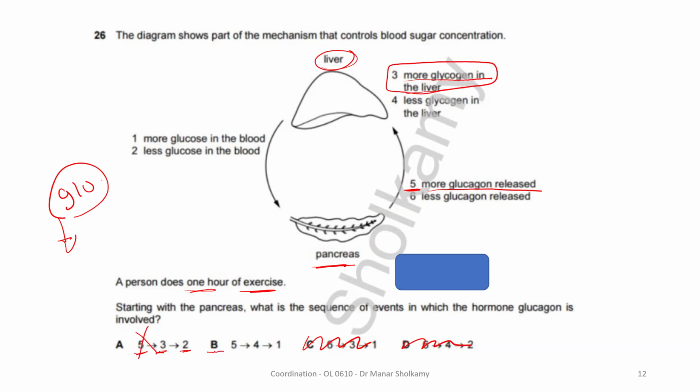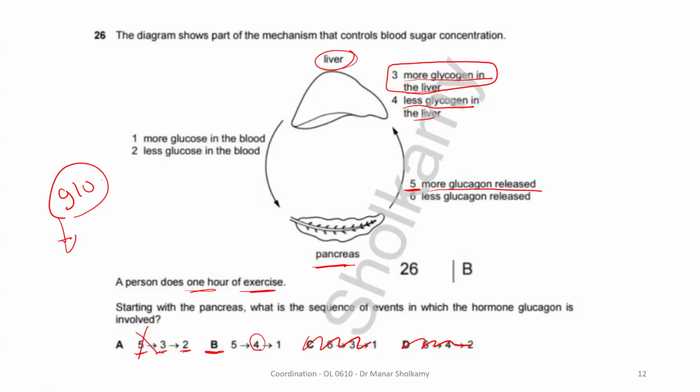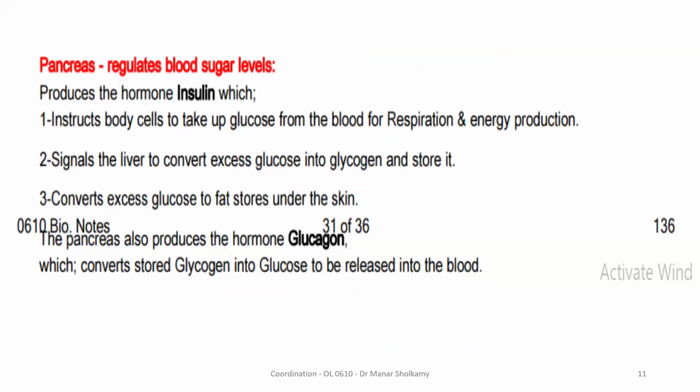So let's look at B. B should be the right one. 5, more glucagon is released, and then 4, let's see what 4 says. Yes, less glycogen in the liver. So B has to be the answer. Okay? So understanding is key to find things easy. Okay, now I'm happy. I revised what is the definition of the hormone, and